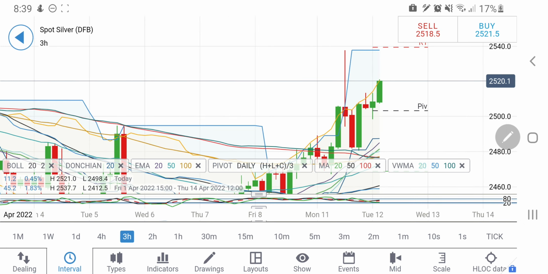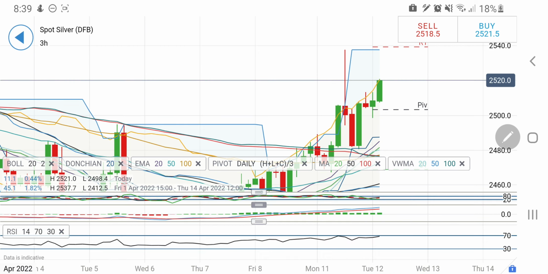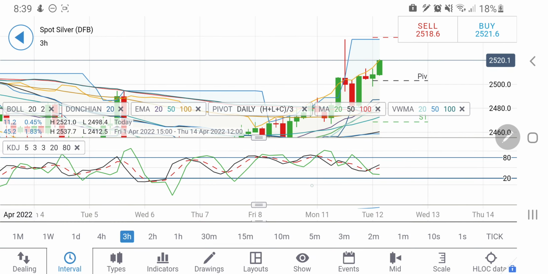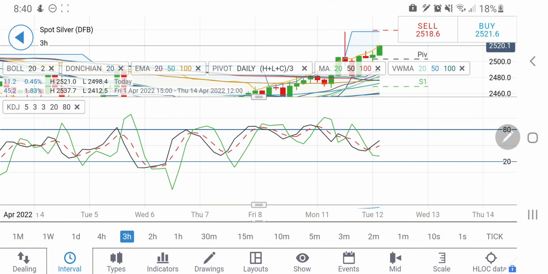So yes, one can remain long on silver right now itself with the support at around 2510, 2515 level, and with the stop loss at 2510, one can remain long for 2540, and beyond that sky is the limit on the upside. On the downside, if it breaks 2500, one has to go short there, expecting 2480, 2470 and 2460. These three are going to be critical support for silver. I am bullish. We can expect a rise on silver today too.